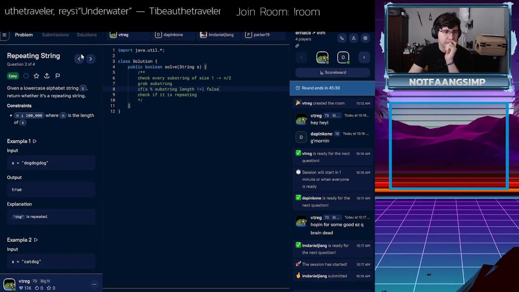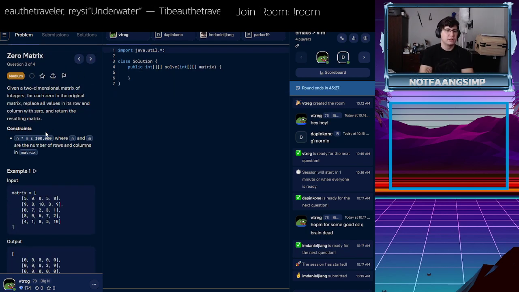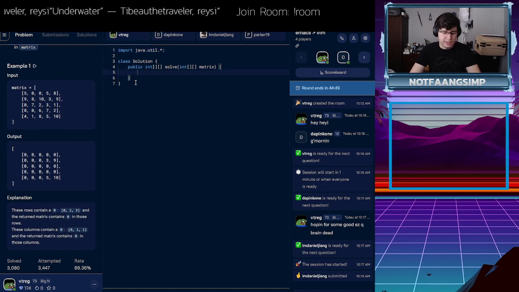Alright, let's see what the next question is. Zero matrix. Given a two-dimensional matrix of integers, for each zero in the original matrix, replace all values in its row and column with 0. This is where it becomes a challenging problem, because there's no way to do it in place, I don't think. The only way to do it in place in this array, I think, is to utilize another data structure to store where the 0 coordinates were, which I think is just more inefficient. So I think it's going to be just that, where we